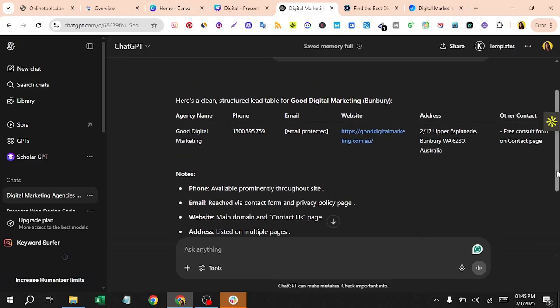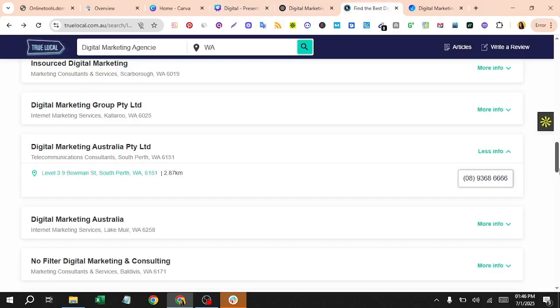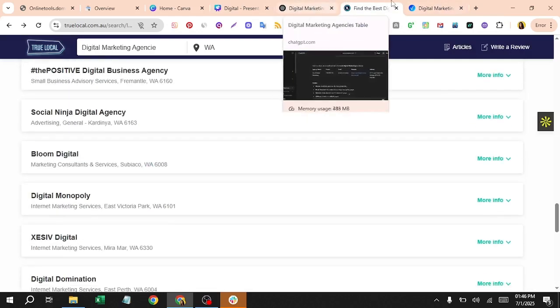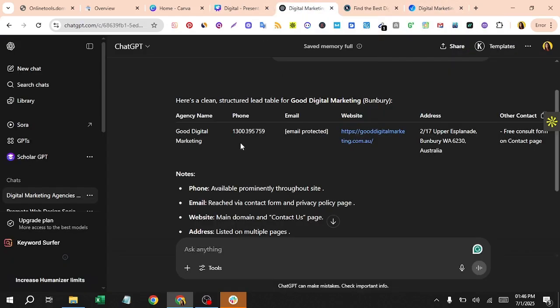And also you can create a list of these lead structures, and then pitch them with the number or with the email addresses. They don't have an email address, but most agencies do have email addresses. When you provide the website URL to ChatGPT, it will scrape the email address and show you a clean sheet.